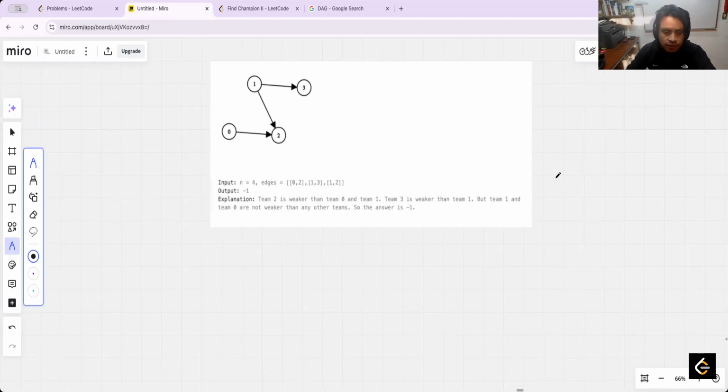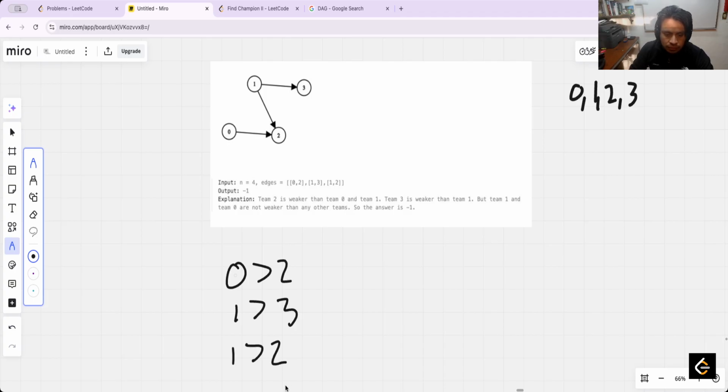Okay, now here, for example, we have the team. We have 4 teams: 0, 1, 2, 3. The first, that is 0, is greater than 2, 1 is greater than 3, and 1 is greater than 2. In this case, if I sort this,